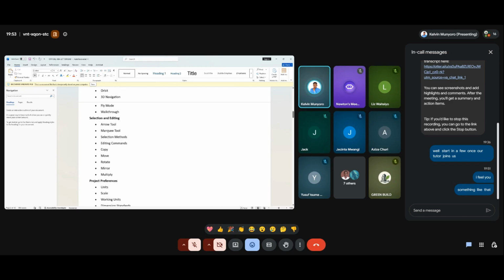And then on the same lesson, we are going to learn about the arrow tool, the marquee, that is the selection tool, the editing commands, and the most important tool every designer can tell you, that is copy and pasting. I think that's very basic. We are going to be learning about that and how you can take advantage of that in your projects